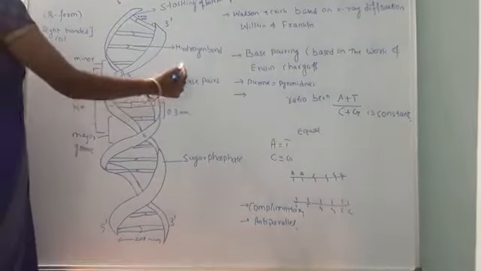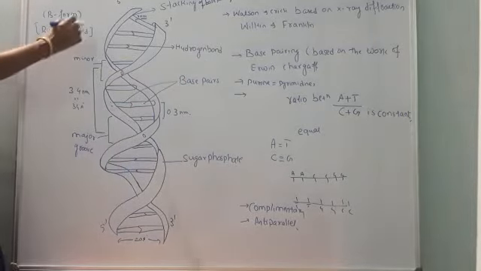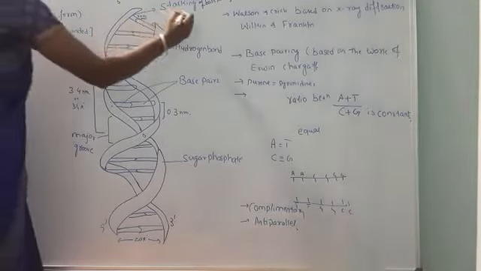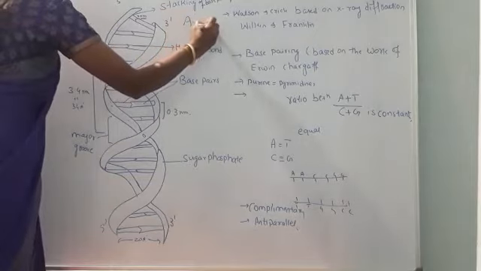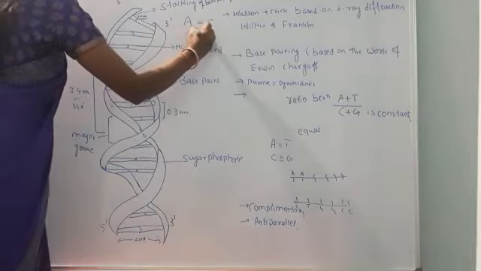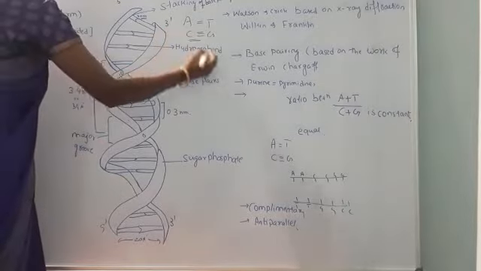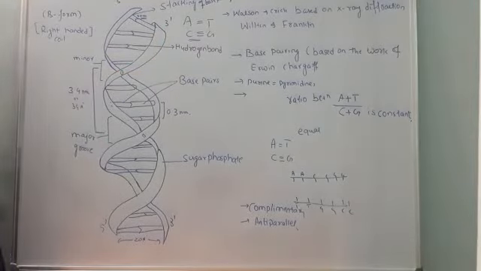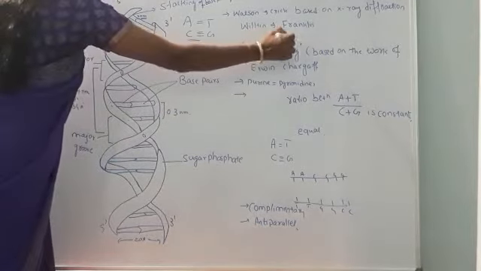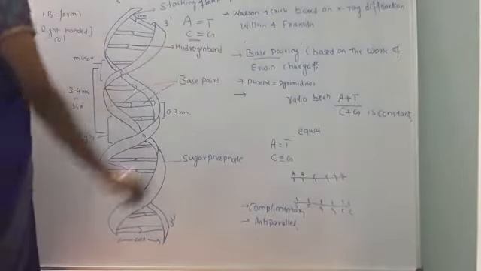So what is the meaning of complementary base pairing? Complementary base pairing is nothing but always a purine pairs with a pyrimidine. Take for example, always adenine pairs with thymine with two hydrogen bonds, and C pairs with G with three hydrogen bonds. So this type of specific base pairing is known as Chargaff's base equivalence rule. Okay, so this is the rule proposed by Erwin Chargaff, which is also called Chargaff's base equivalence rule.